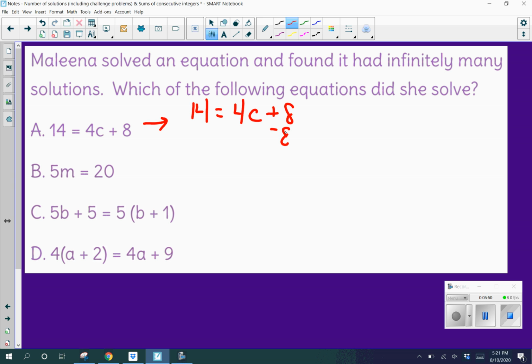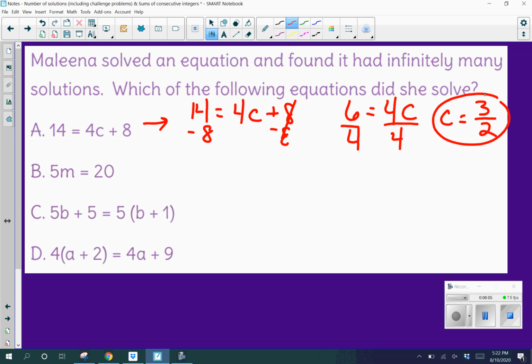So I would subtract 8 on both sides. That would leave me with 6 equals 4c. And when I solve for c, I'm going to end up getting the simplified fraction 3 over 2. So this would be an example of one solution. Here, if I divided through by my coefficient, I would be left with m equals 4, which is also an